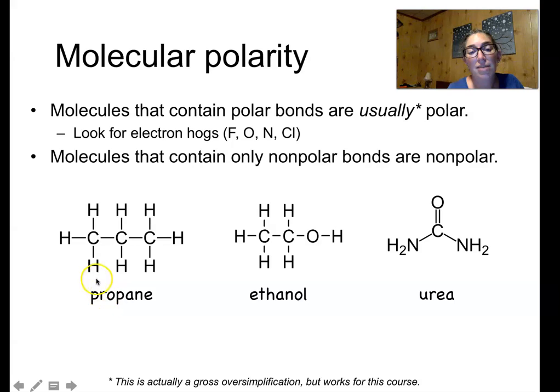And in the next chapter, we're going to be starting to talk about bigger and bigger molecules. And so we need to be able to determine whether they are polar or not, because polarity, as we're going to see, really determines some of the types of chemical reactions and physical properties of different elements. So we're still sticking with that rule about those 4 electron hogs. Phone call,